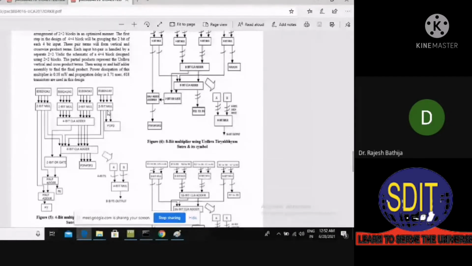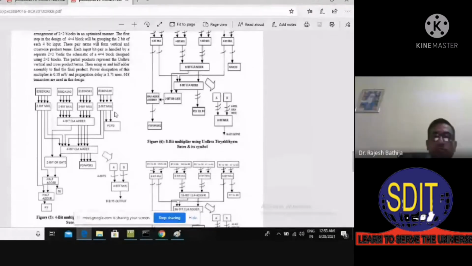So here the result will come from the 2-bit multiplier. Here we got the P0, right? But here we will get P1 and P0 as the output, and then these 2 bits will be added over here, right? So this will be my new number, and here the result of this adder will be the new number. Here it will come as the other 4-bit adder, and then these 4 will be the next bits of this P1 and P0, and here there was a problem to get the final result.